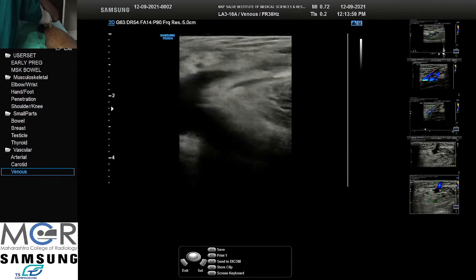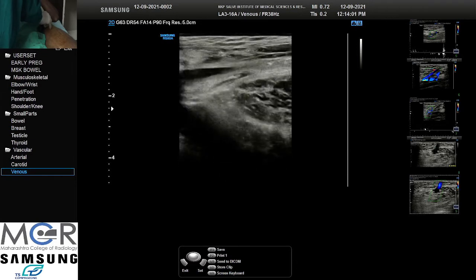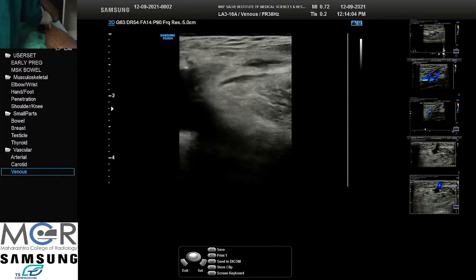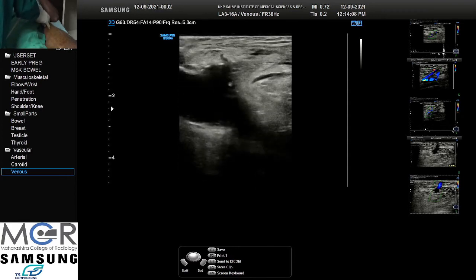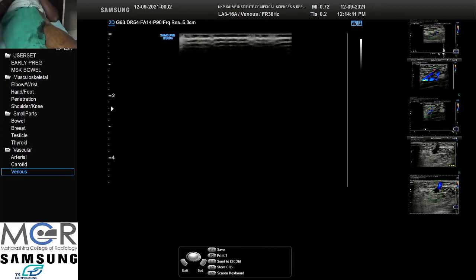So while reporting also, if we get some patient who has undergone EVLT before, we have to keep in mind that the junction is left. So we don't have to report it as saphenofemoral junction incompetence because rest of the vein is ablated. I have come across some reports of doctors who have reported that it is incompetent. So you can just mention that the junction is patent and the rest of the vein is ablated, because that's how the procedure is done. We have to keep the walls intact there.